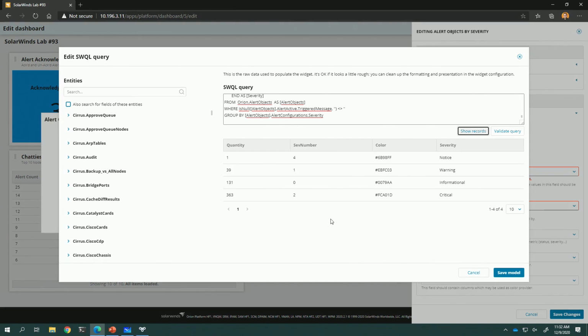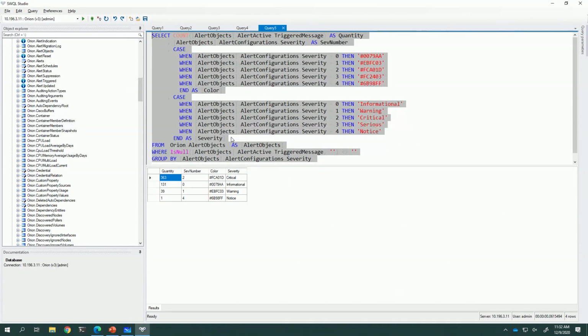That works. Now you notice on this one I didn't put a sort by. Because it's a proportional widget, it technically doesn't need it. I could have added an additional field in there since the severity numbers don't match directly to what I would gauge as my severity levels. Like you can see that notice is a Sev level 4. I could have added an additional field in there in the having clause. You know what? Forget it. Let's just give you the rough it.